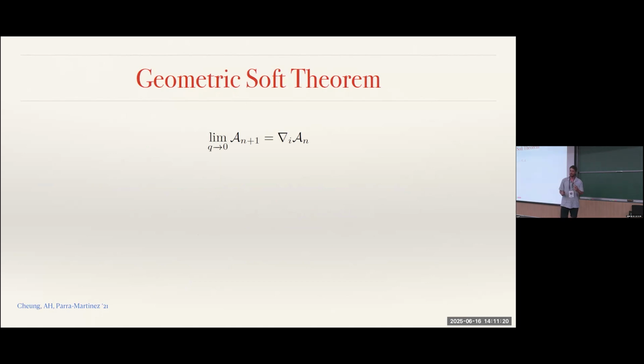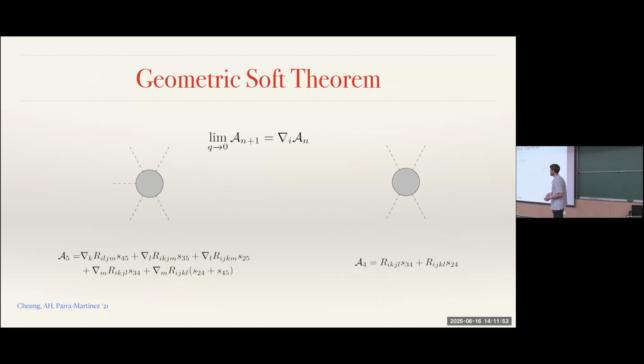Now, the second thing that the geometry is doing for us is giving us relations between amplitudes. So this was something we, together with Cliff Cheung and Julio Parra-Martinez, while we were at Caltech, derived: a soft theorem for scalar amplitudes. I'll just state what the claim is, namely that the soft limit of a scalar amplitude is equal to the low point amplitude acted upon by the covariant derivative in the space of couplings. Okay, so how does this work? We had already computed some examples. So if we remind ourselves that the 5-point and 4-point amplitudes